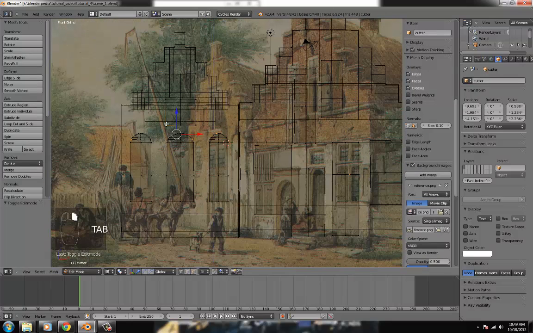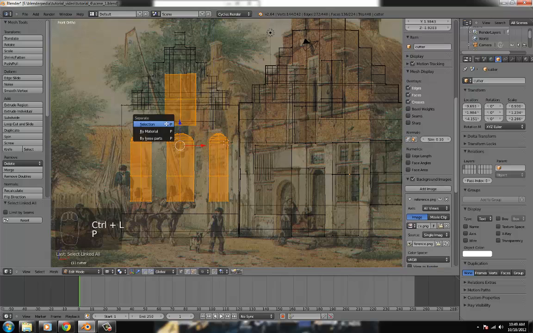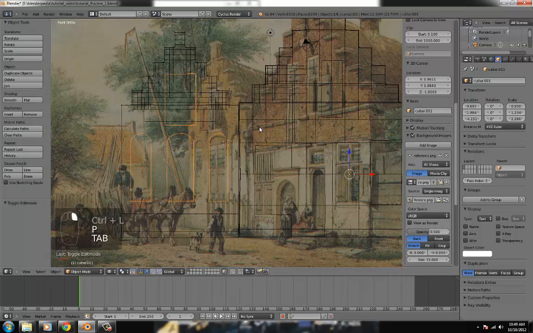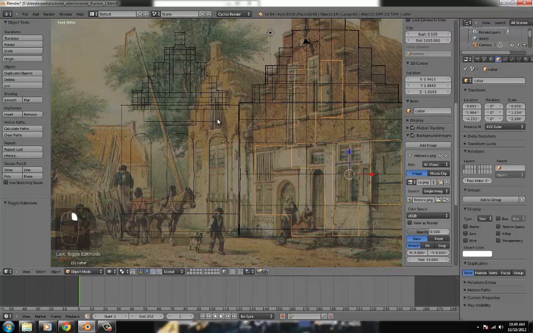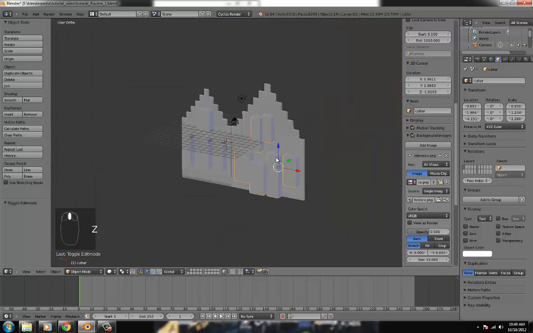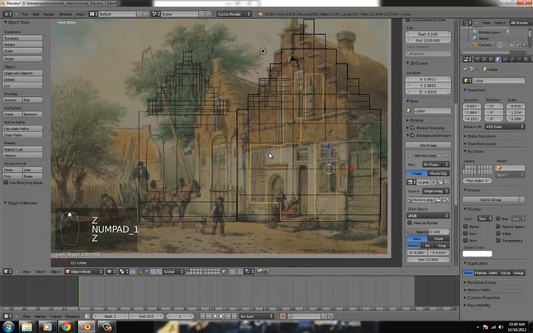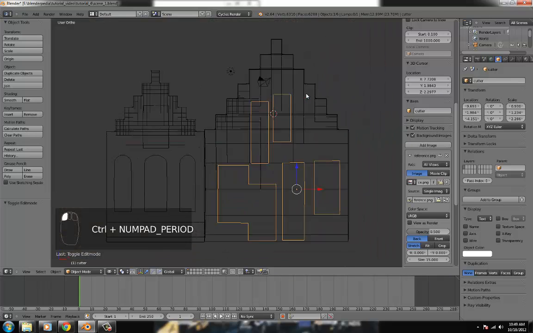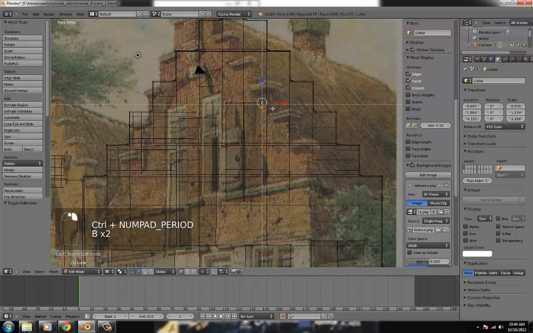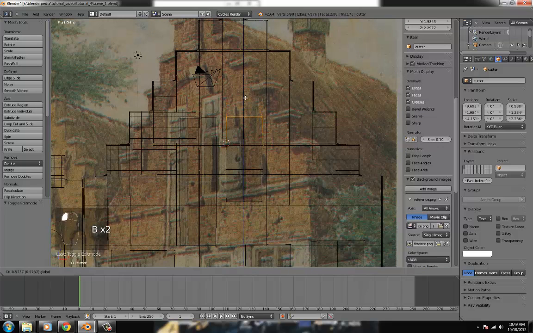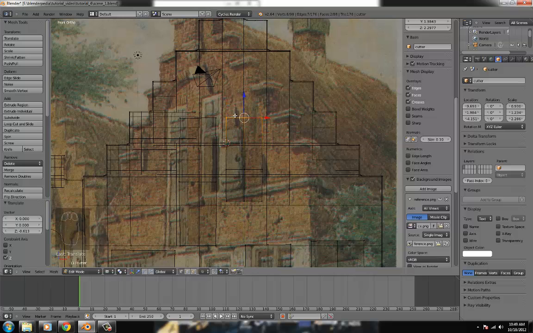So I'm selecting these, pressing P and make a selection. And I call this cutter 2, so it doesn't have an effect on that building. So we have cutter and cutter 2. And I want to check this one more time because I can't do this again. I cannot. Yeah, and I see one mistake I made. It's smaller, so they are exactly the same size, and